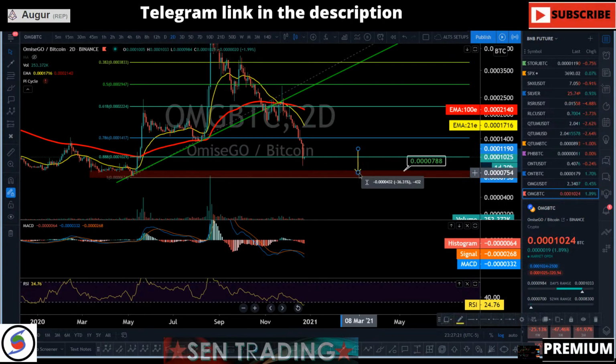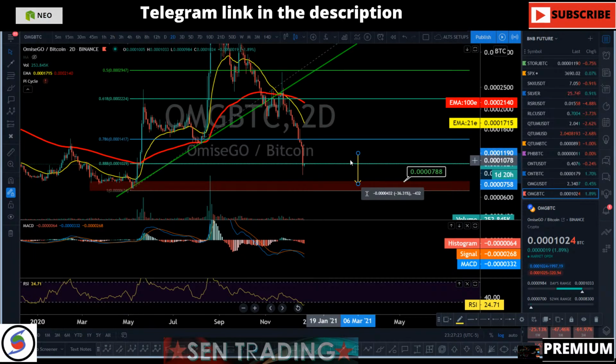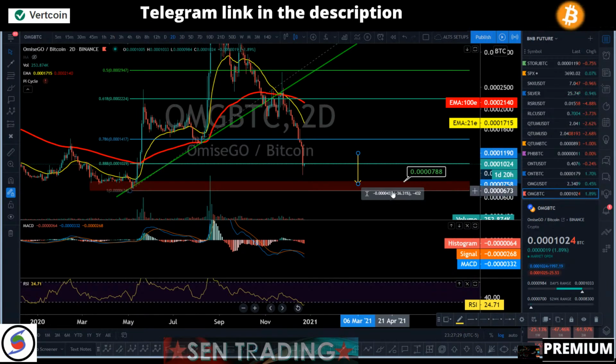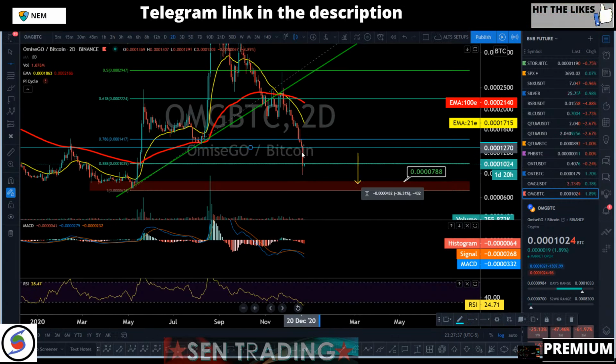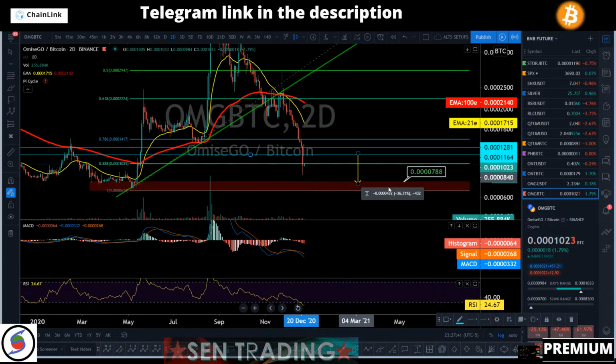0.888, and we could be dipping all the way down. I was anticipating, I think it was yesterday or the day before yesterday, a 30% drop versus BTC. So that's why I stayed away from longing it. And it was just right here, somewhere around here, like 11, something like that, right?